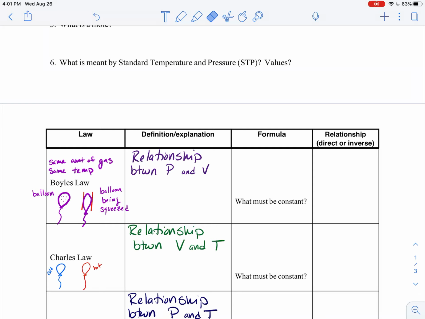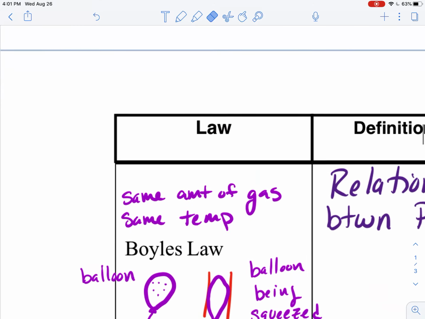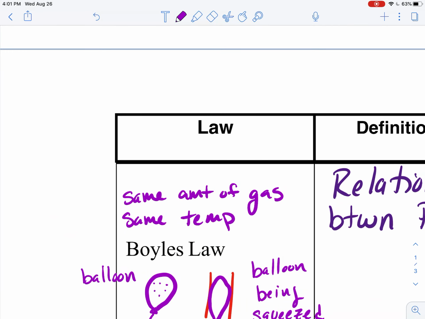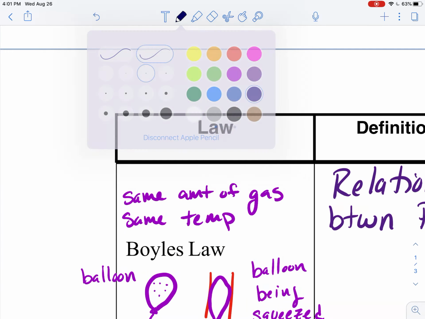Today we're going to be looking at the gas laws, and before we start talking about the gas laws, I'd like to go over the variables that we're going to be considering when thinking about how our gases are going to behave. So there are 4 variables that help us predict how our gases are going to behave. The first one is pressure,